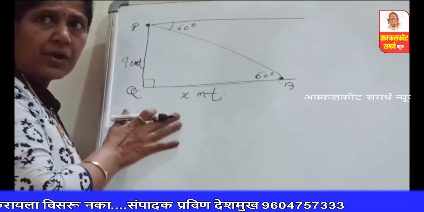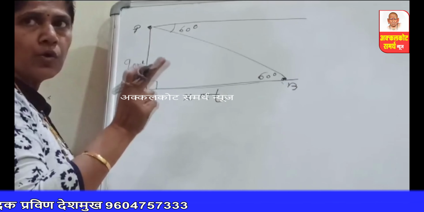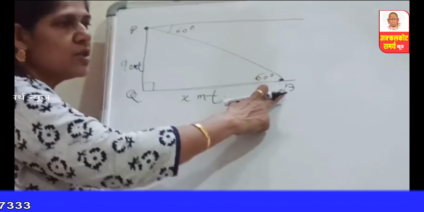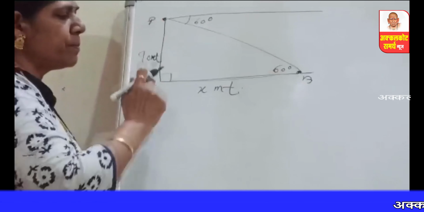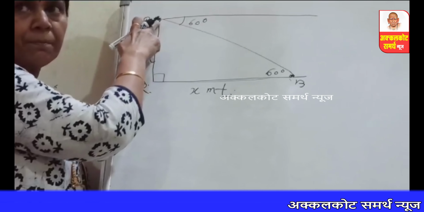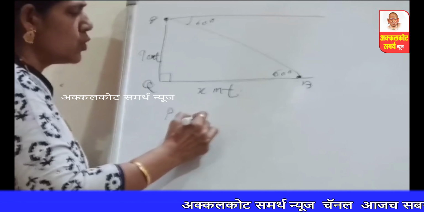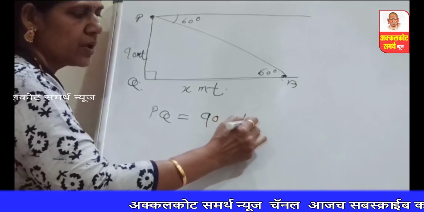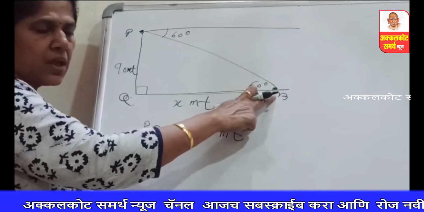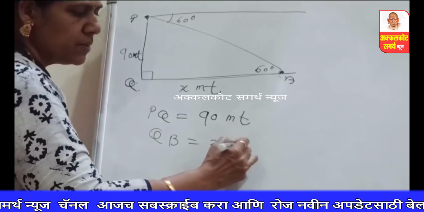Understood? So whatever I told here, all you have to write here. You have to describe this figure. How will you describe? Let QB be the sea level here, and B is the position of the ship. Let PQ be the height of the lighthouse, and the position of the observer is at P here. So as PQ is the height of the lighthouse, PQ equals how much we are getting? 90 meters. Then what is asked? How far is the ship from the lighthouse? The ship is at B, meaning QB is asked here. So QB equals x meters.